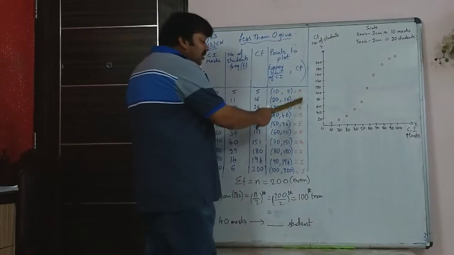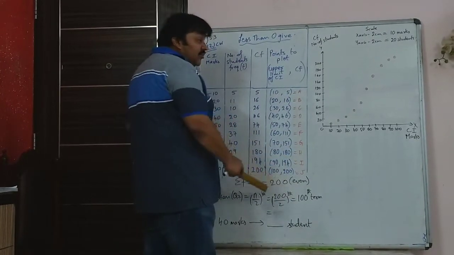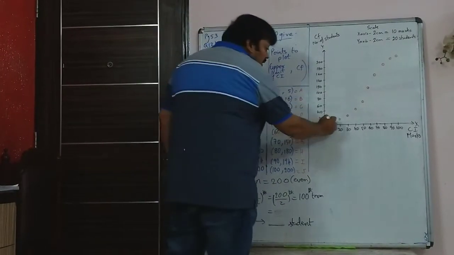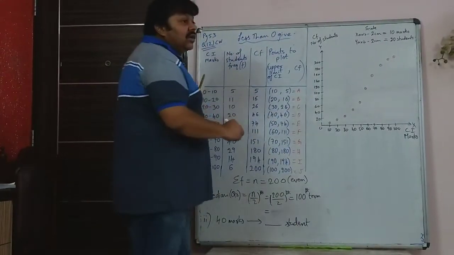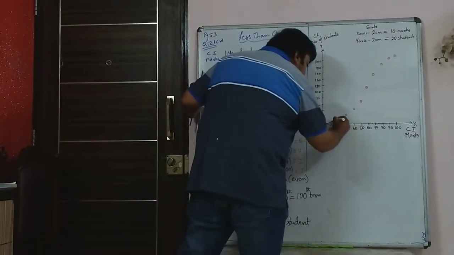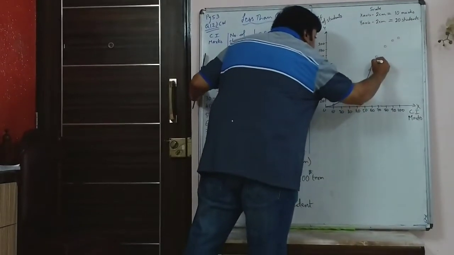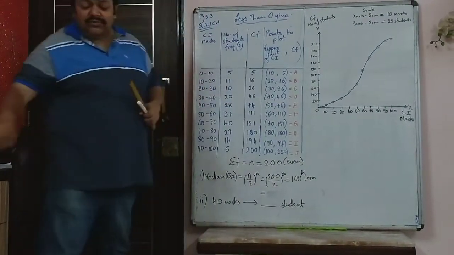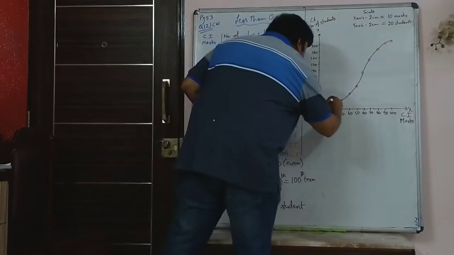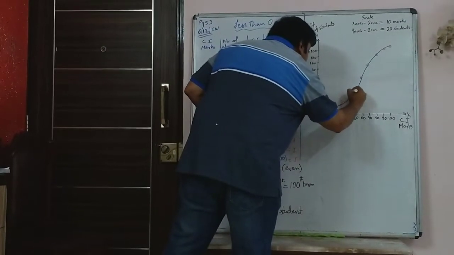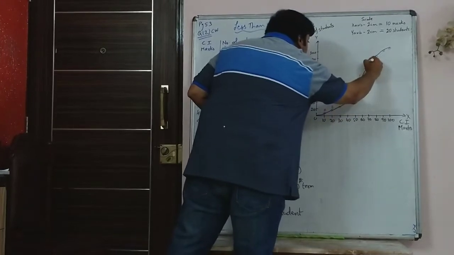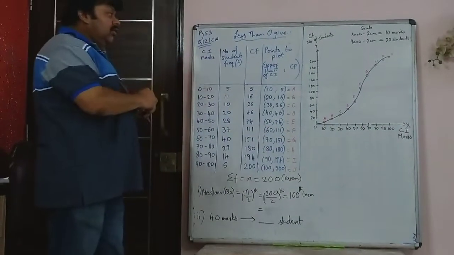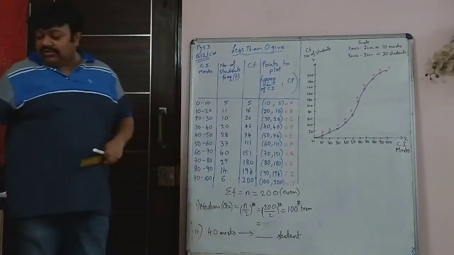So you plot the points A, B, C, D, E, F, G, H and I, and once you have plotted the points, as I told you, you will not use a ruler to join the points. You will draw a freehand curve like this. And then you will name the points A, B, C, D, E, F, G, H like this. Like I told you, either you name it or write the coordinates. Either of it is possible.